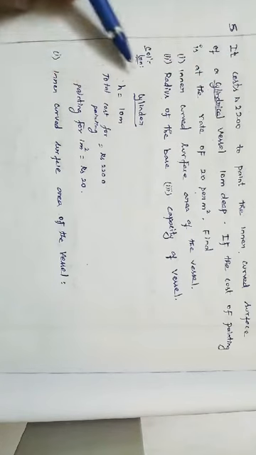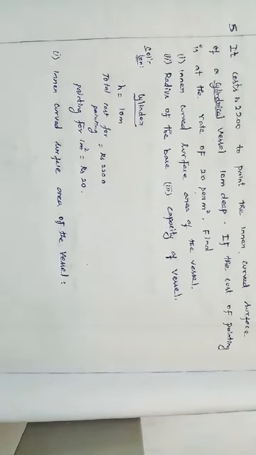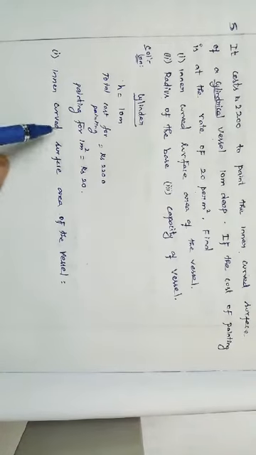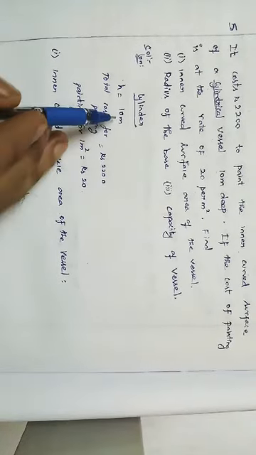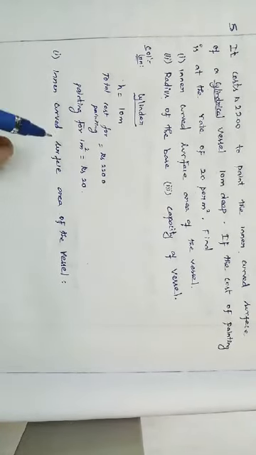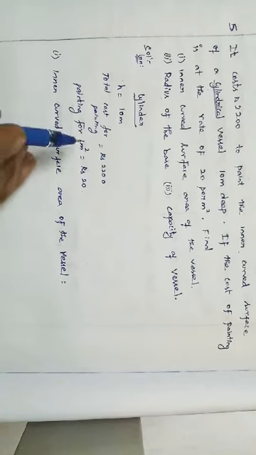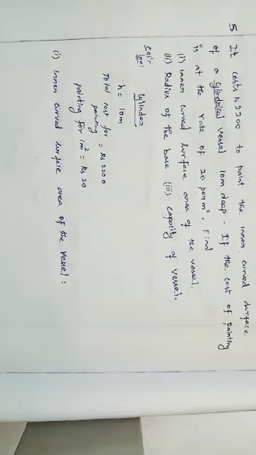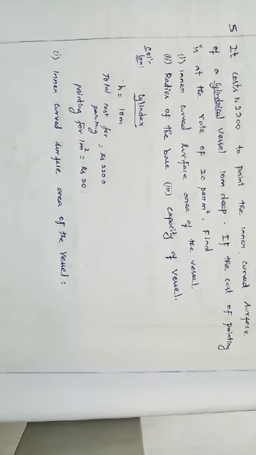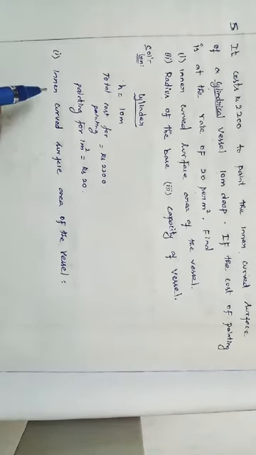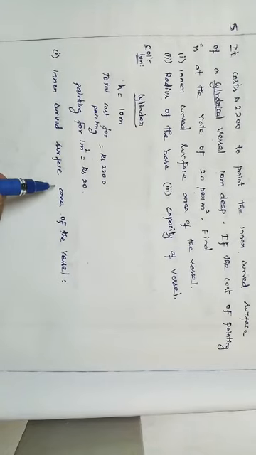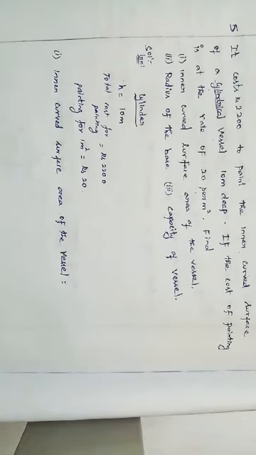Is there any clue for finding the radius of the cylinder? If we knew the curved surface area of the vessel and the height, then by equating that CSA with the formula we would get the radius. But here we don't know the radius, and we don't know the value of CSA either. But what they are asking is the CSA, so how are we going to find it?